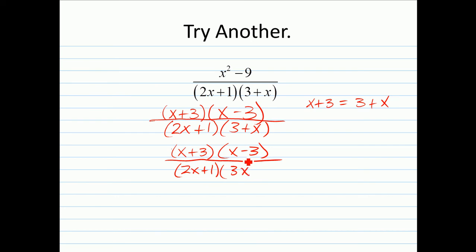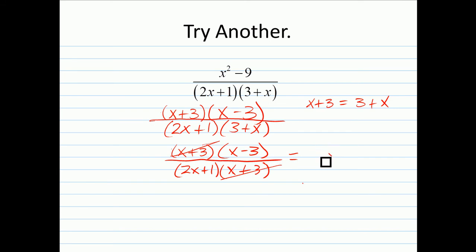Instead of 3 plus x, you can write x plus 3. And now you have common factors: x plus 3 on the top, x plus 3 on the bottom. You can cross those out, because x plus 3 over x plus 3 would just be 1, wouldn't it? So what you'd be left with